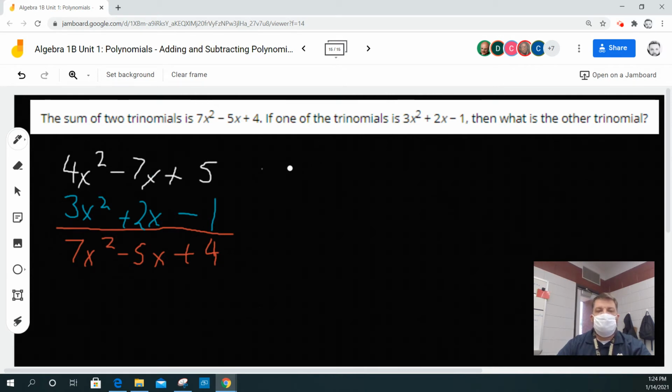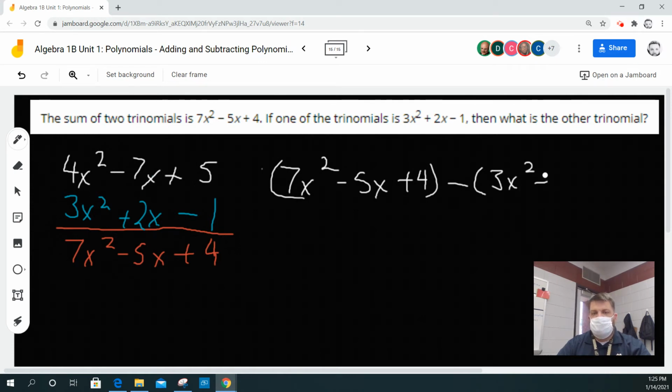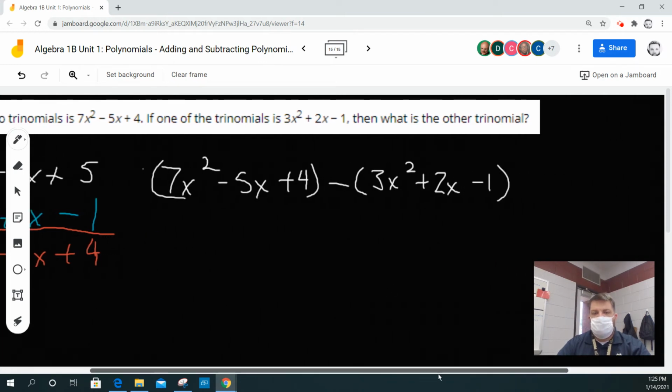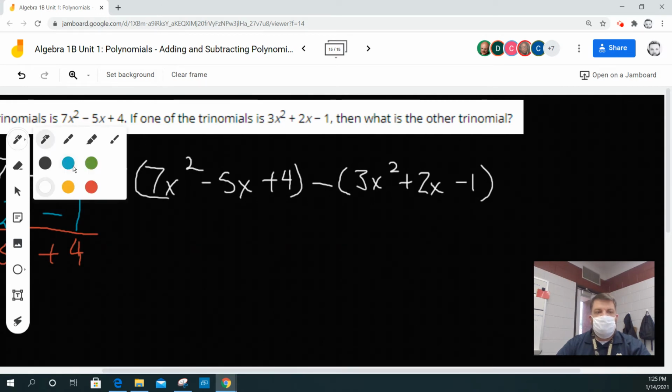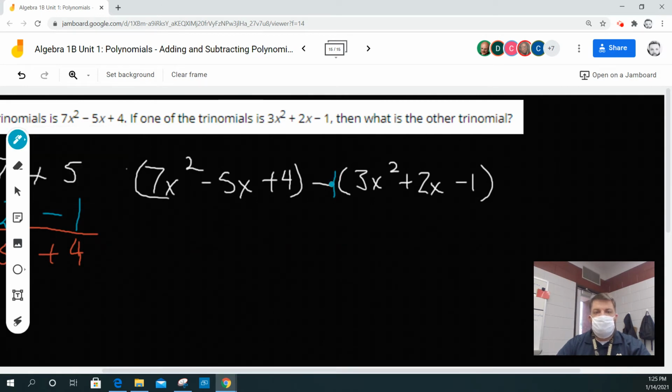The other way to look at it is just simply say 7x squared minus 5x plus 4 minus 3x squared plus 2x minus 1. That's another way to do it. And then what you've got to remember is that we're going to have to distribute this negative 1 through the